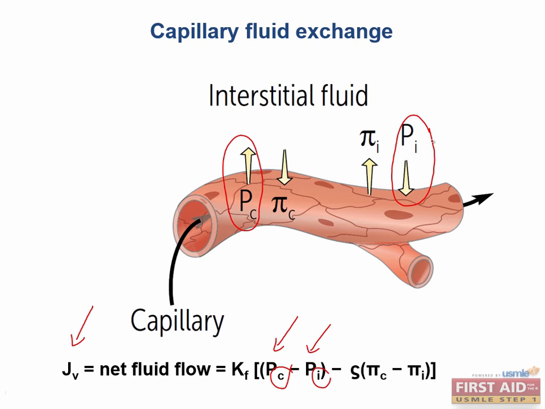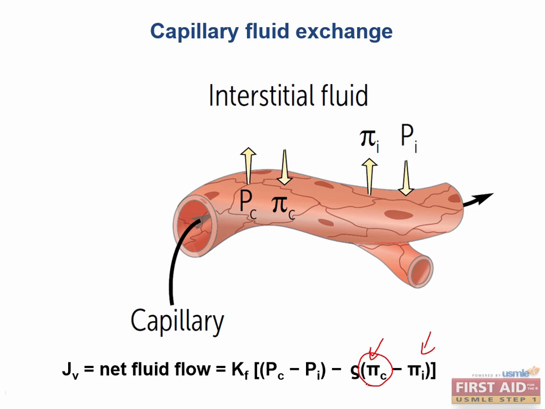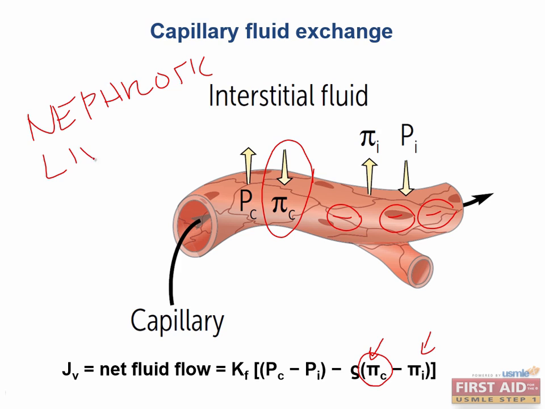Now, osmotic pressure has a similar notation, except instead of a P, we use the symbol pi. The pi with a c represents the osmotic pull back into the capillary lumen from the interstitium. This gradient is determined by the negatively charged plasma proteins that are unable to leave the vasculature. The plasma colloid oncotic pressure can actually be lost if the patient is losing proteins in the urine in a situation such as nephrotic syndrome, or if the body is not producing them, as in liver failure. Okay, so the pi with a small i here is due to the ability of the